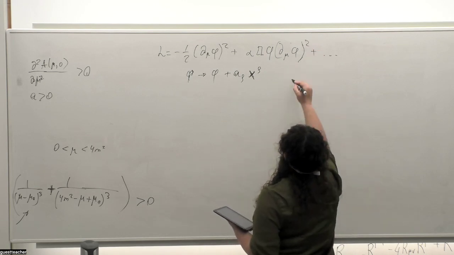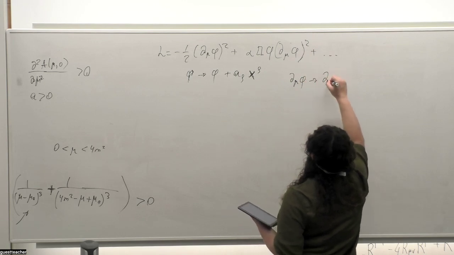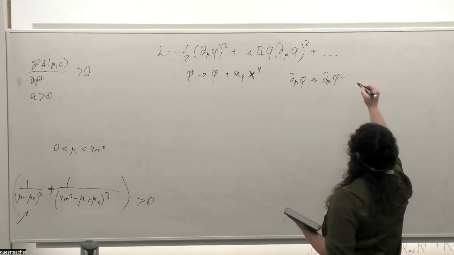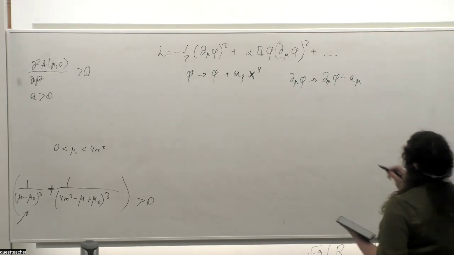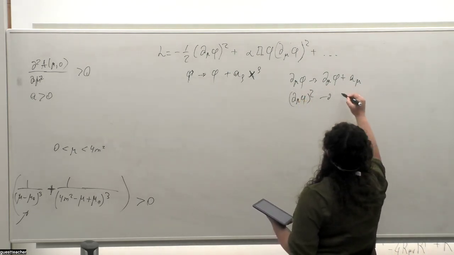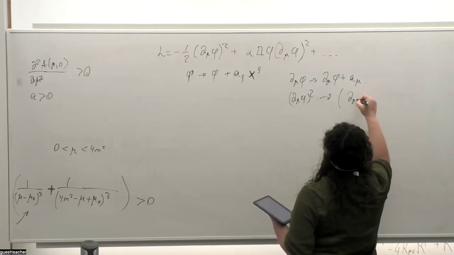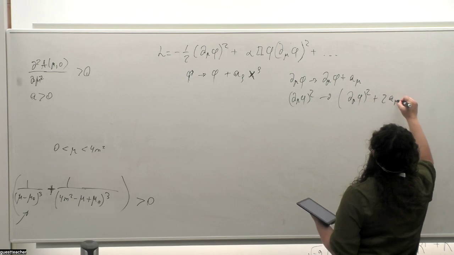But d_mu phi will be transformed to d_mu phi plus a_mu, a constant, and